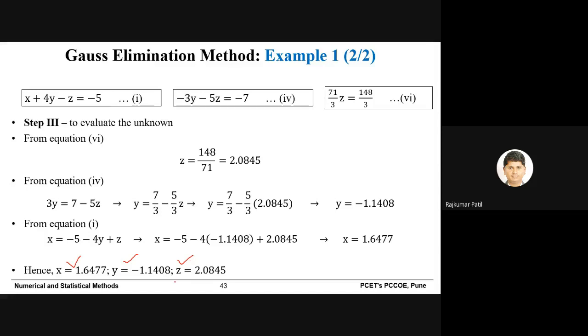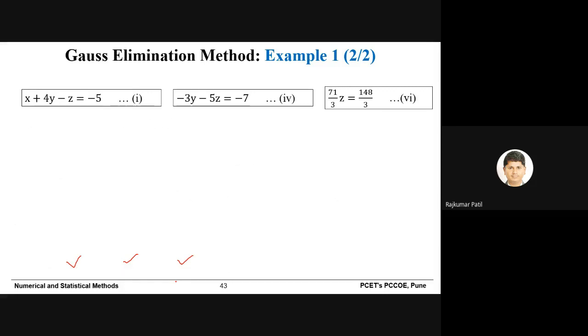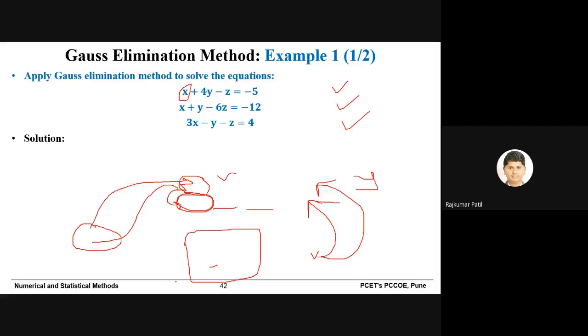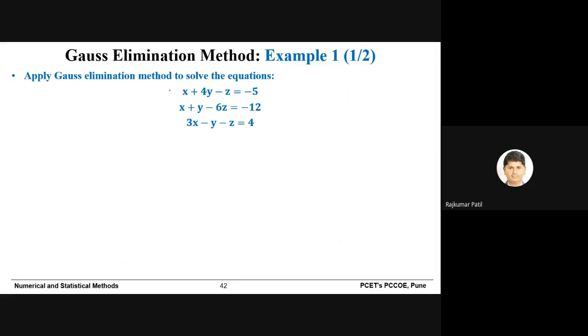But yeah, after getting the answer, there is a trick to verify the solution. What you need to do is simply put the answers in these equations, especially on the left side of these equations, and every time you should get the right side. For example, if you put the x, y, z on the left hand side of equation number 1, then you must get an answer equal to -5 or very close to that.